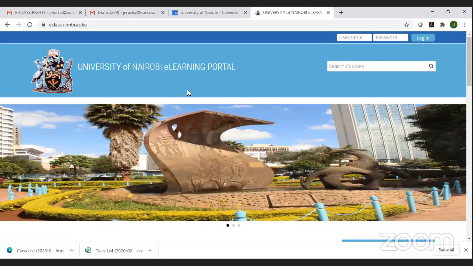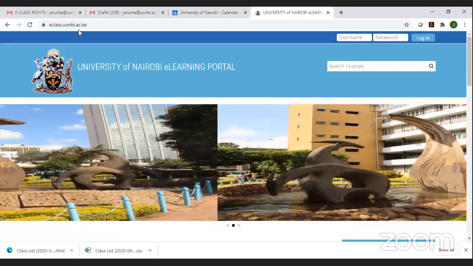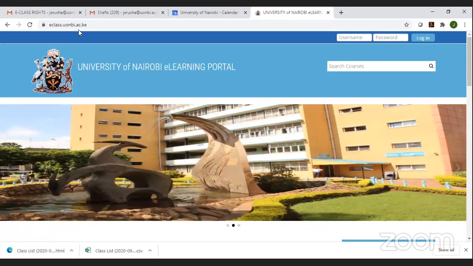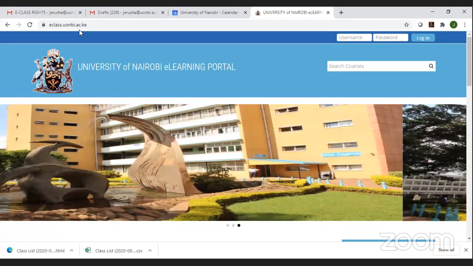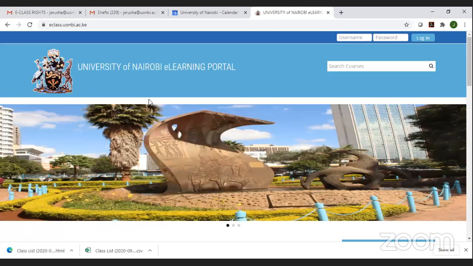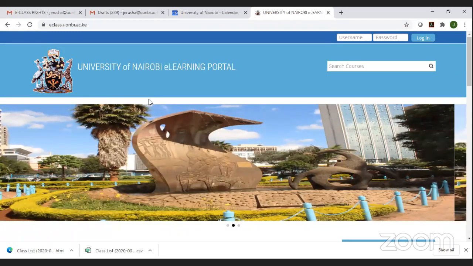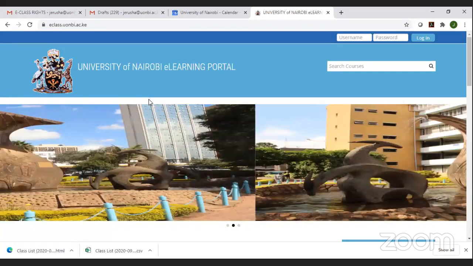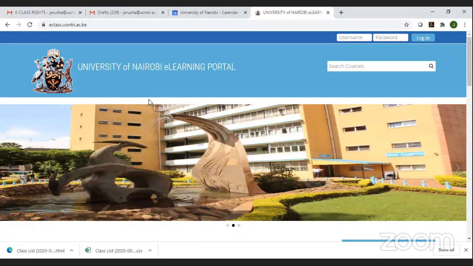Maybe also we have some of you who are easy at remembering the link. Our link is https://eclass.enbi.ac.ke. When you get to this page, you will log in using your Active Directory account, and I'll take you through the steps of how to get